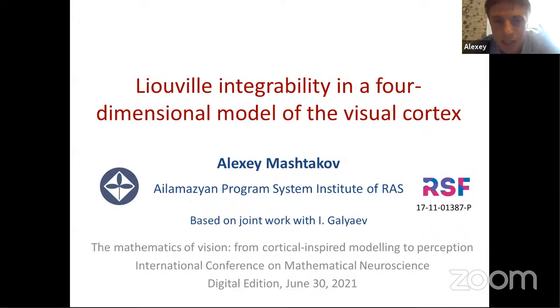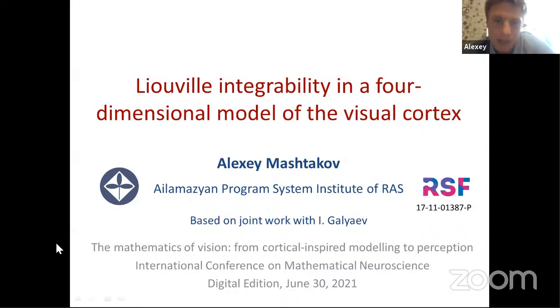Based on this assumption, we consider the four-dimensional model in the space of positions, orientation, and curvatures. There we study the Sub-Riemannian problem, which explains the long-range connectivity between the